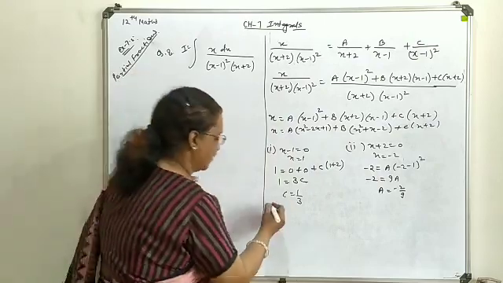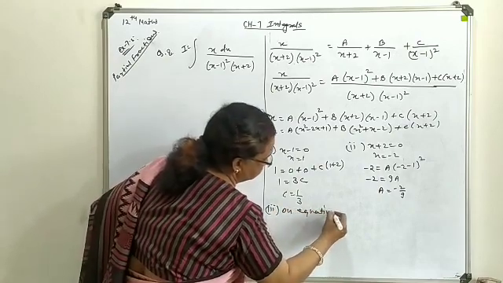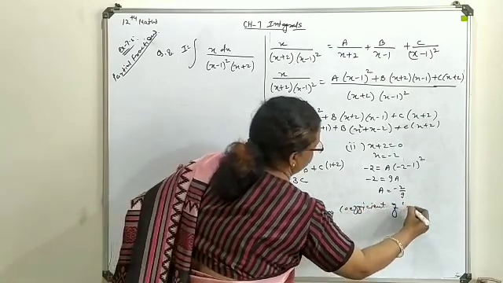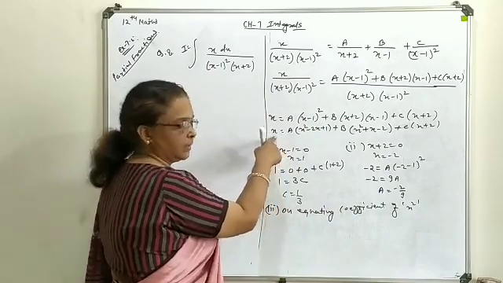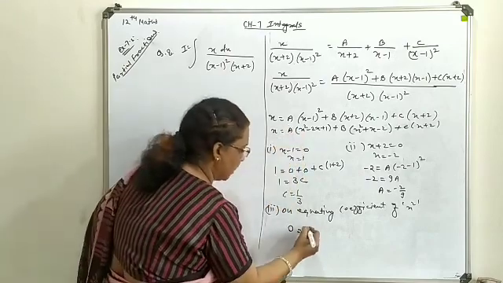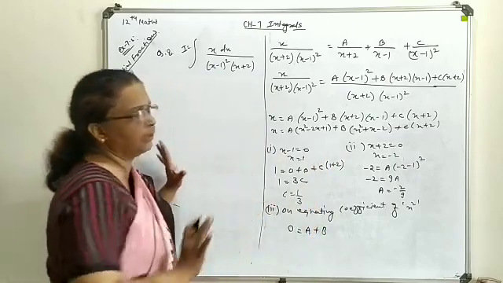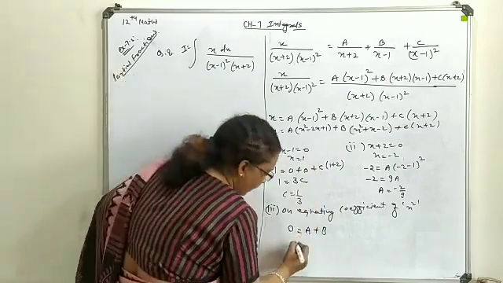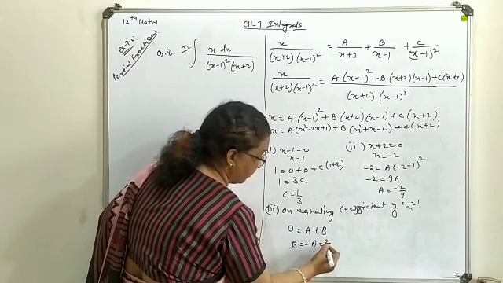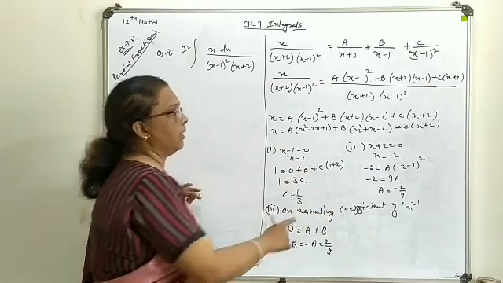So the third one is, on equating the coefficient of x square. Here you see none of the terms contains x square on the left, so its coefficient is 0. Here x square into A means A is the coefficient. Here x square into B means B is the coefficient. Afterwards only the linear terms we are having. So here B will give you the solution as minus A. A you already have as minus 2 upon 9, so B will be 2 upon 9. So this way these three constants we have evaluated.